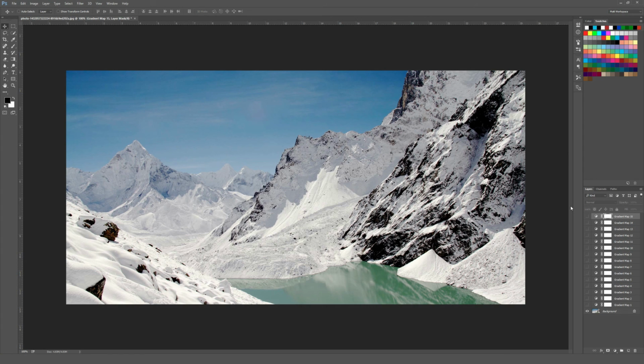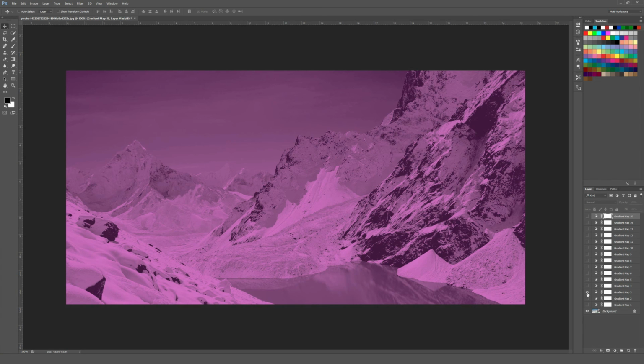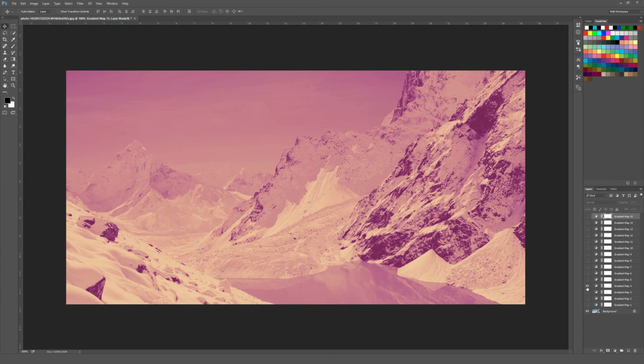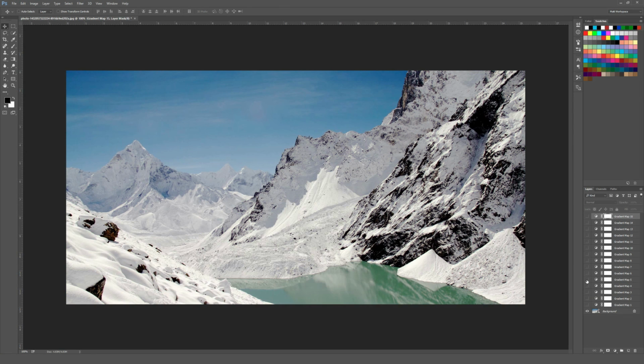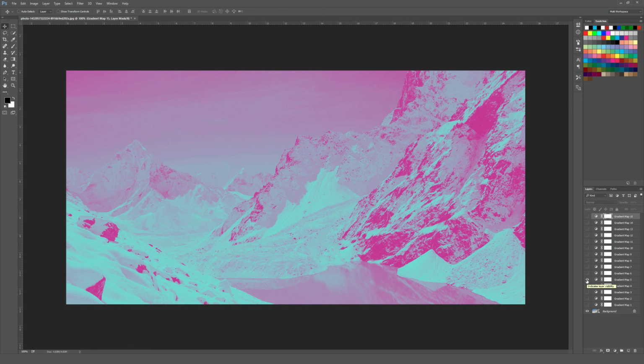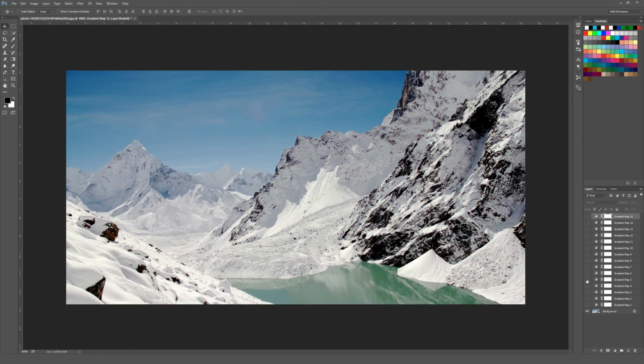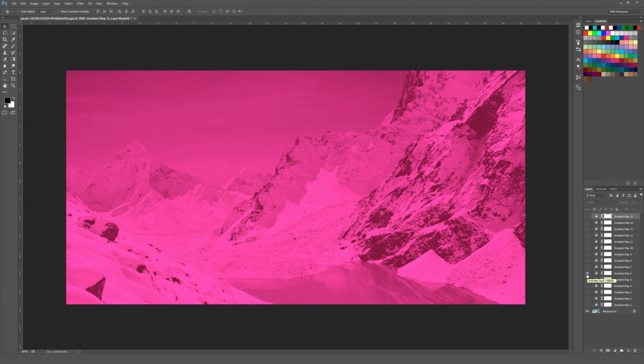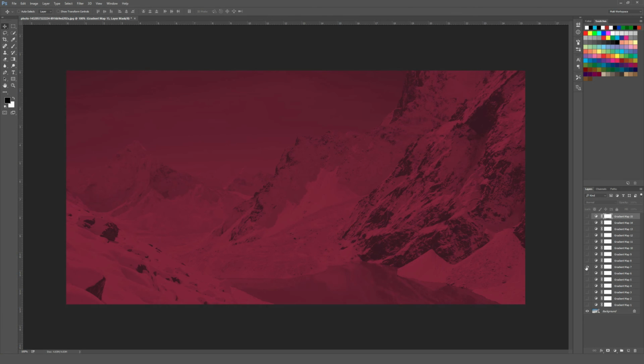I think I opened something like 15 of the 33 in total. So I'm just going to flip these on and off so you can get a good idea of what you can expect here. As you can see, these are very powerful effects in that they really overlay colors on top of the image and vastly change the color characteristics. So if you're looking for a really subtle color action set, then this one might not be quite right for you. But if you're looking for something that's very powerful and bold in the way it goes over your images,